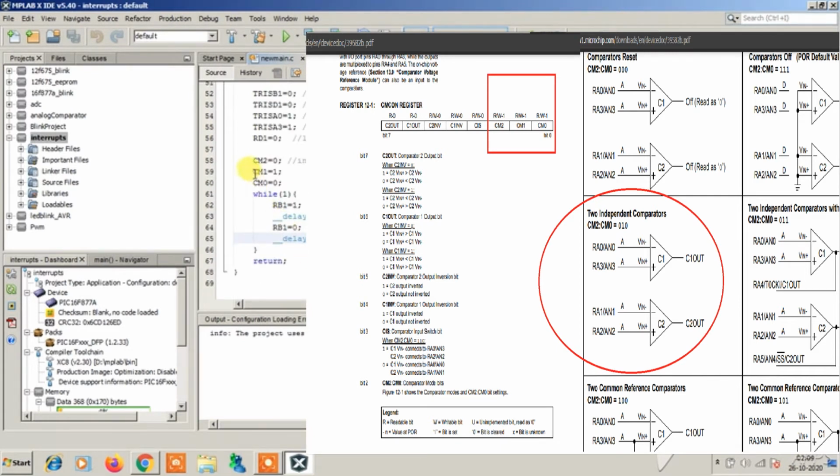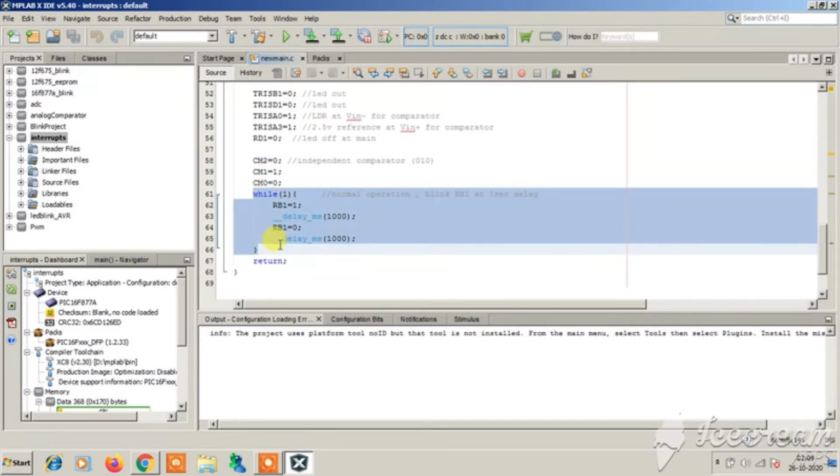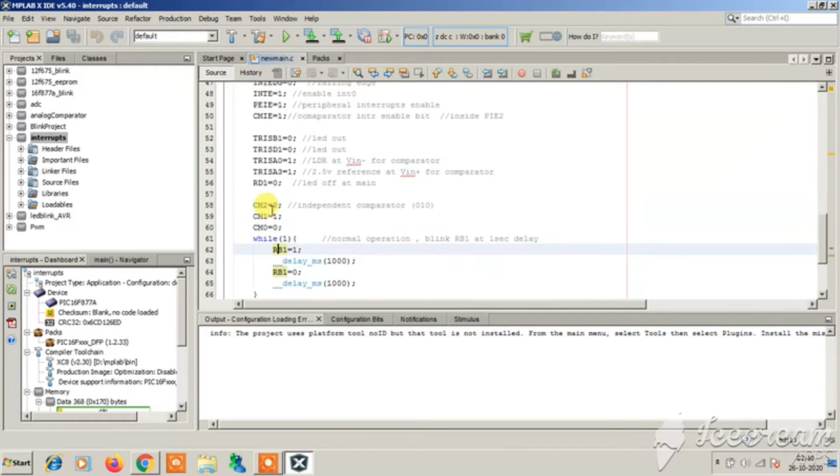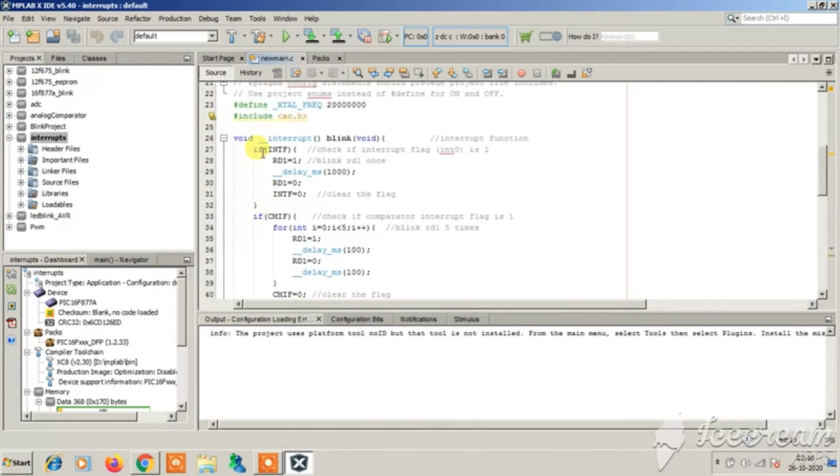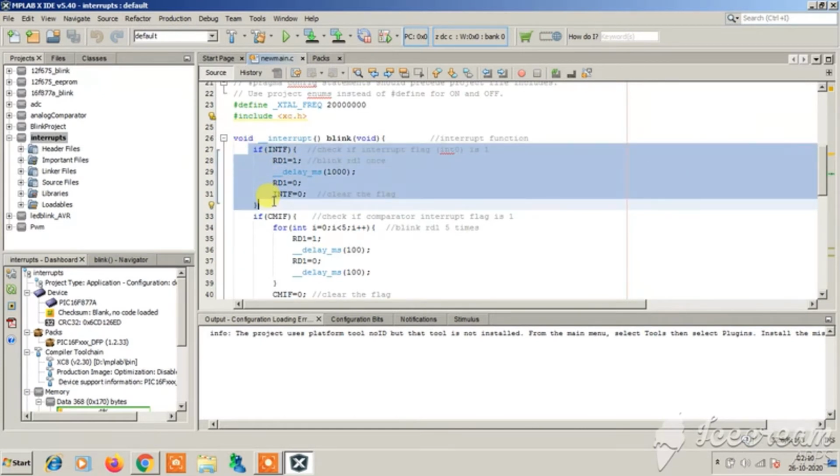The comparator is set as independent comparator as 0 1 0, and now in the infinite while loop the RB1 onboard LED will go on blinking continuously, and when any source of interrupt occurs, it will serve the corresponding interrupt.